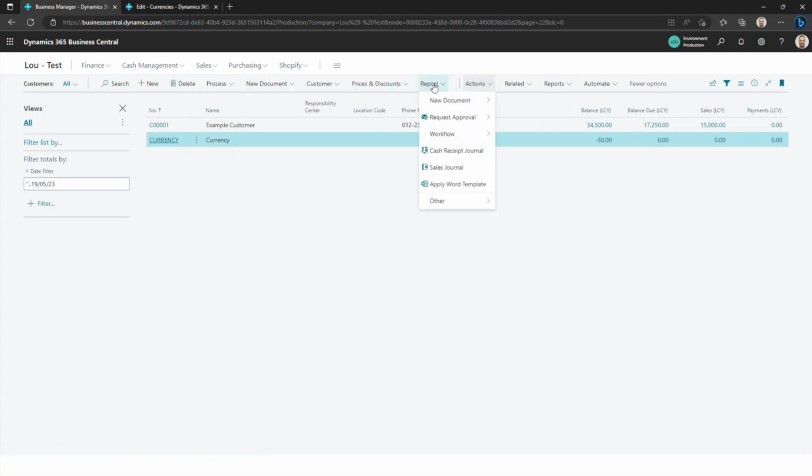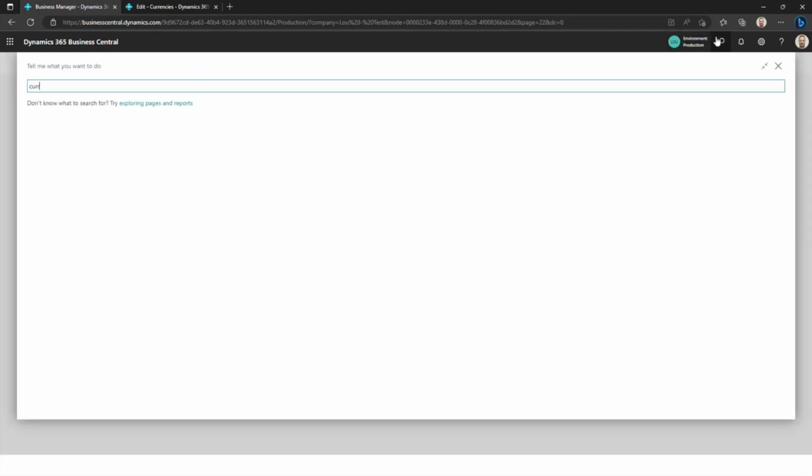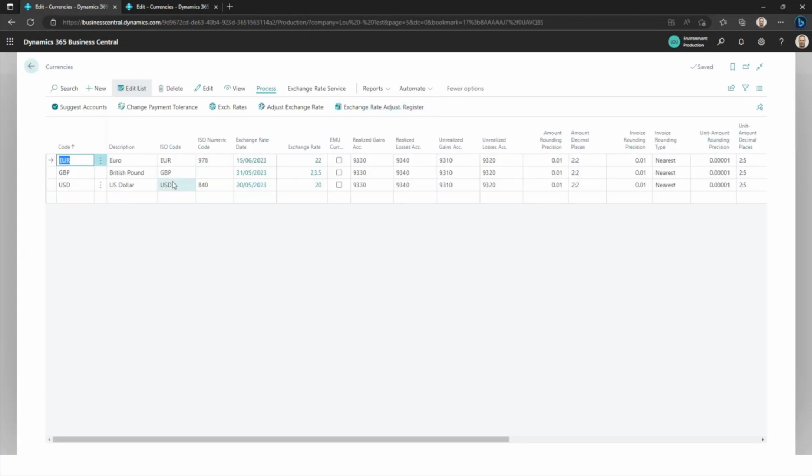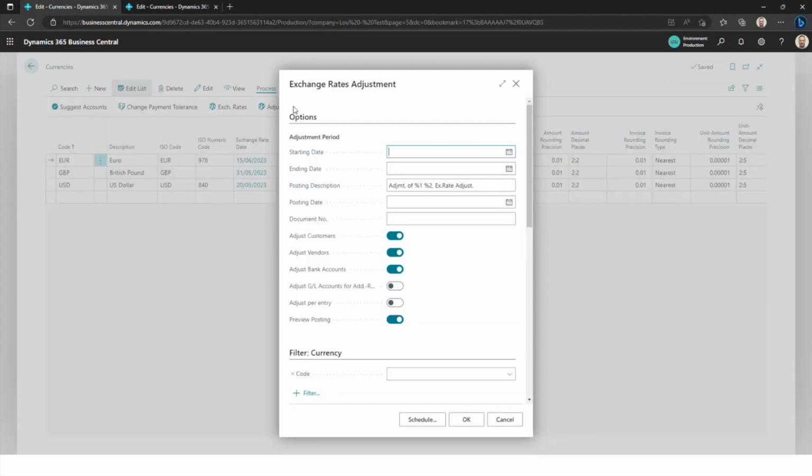and I'm going to test this for the first time. It is hopefully going to work. So if you are going to currencies, I would assume when you search adjust exchange rate, it will work the same. But for this feature, if you go here, it adds a little extra thing,